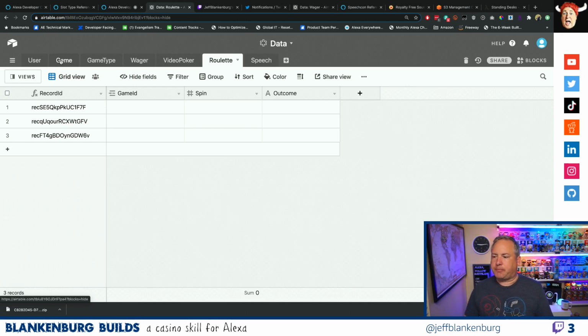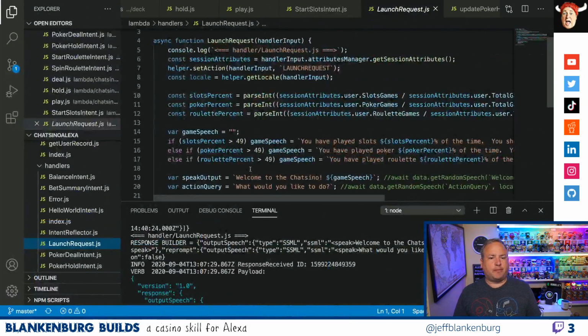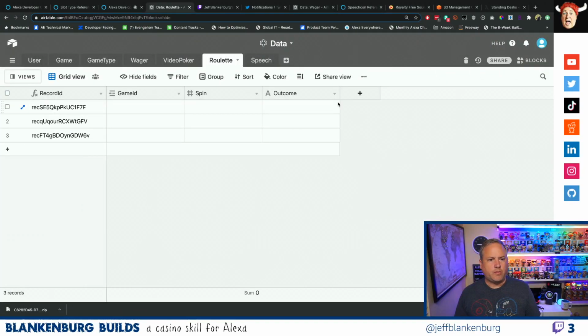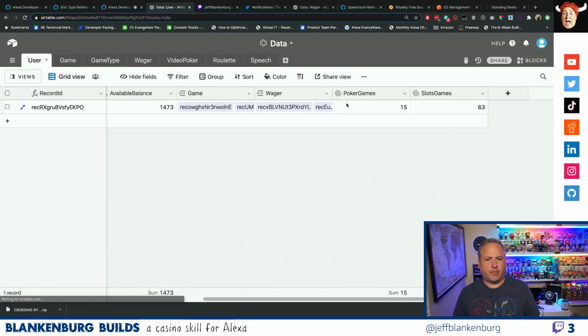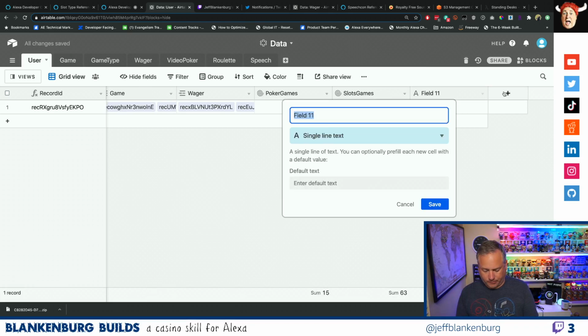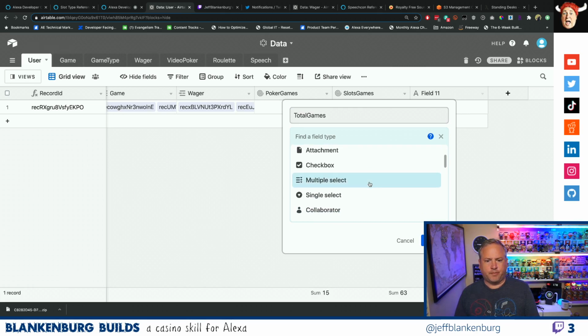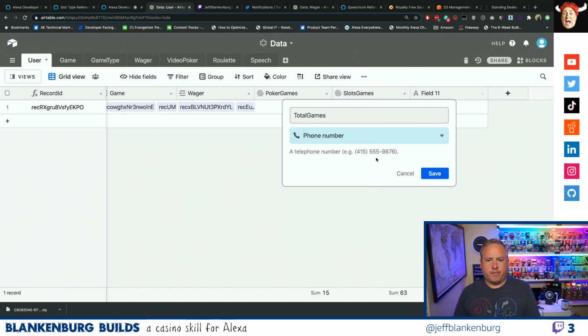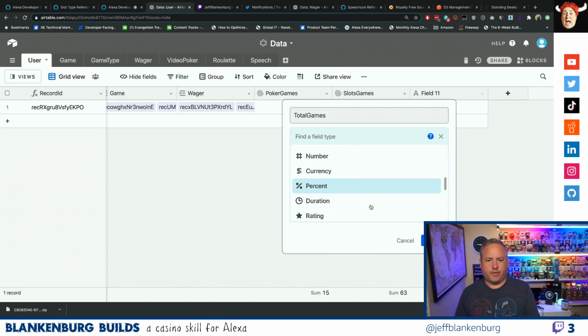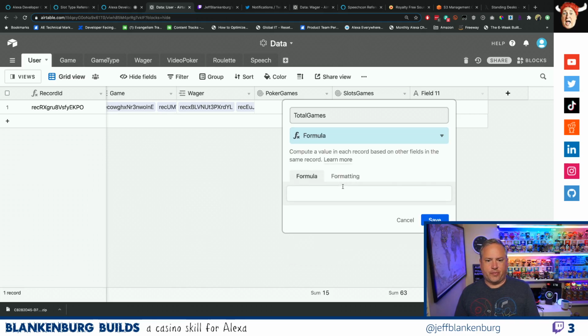Okay. So I think I need to start storing spins. We gotta do that. So we also need a, what is it, total games? Total games. This will be user, poker games, slot games, and then we'll just do total games. And this is just going to be a simple formula. Simple formula. And this is going to equal